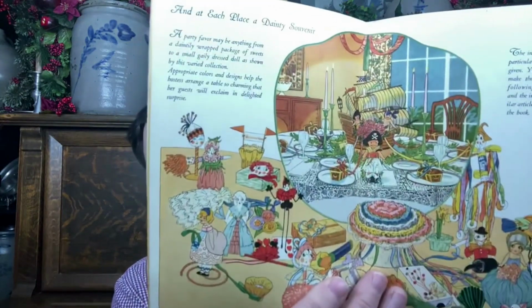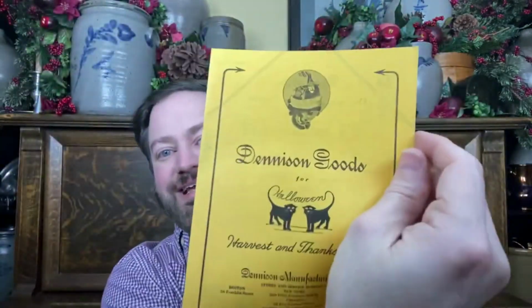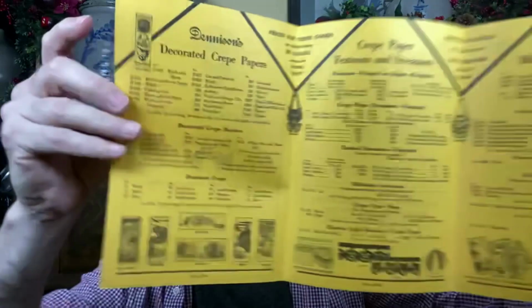Picked up a Party Favors and Table Decorations magazine from 1928, so before the Depression, so when people still thought they were going to have parties all the time. And it gives instructions of how to make baskets, how to do toys and favors. But one of the coolest parts of it was this little insert that was inside. So this is a little fold-out brochure from Denison Goods that actually shows you can buy all of these